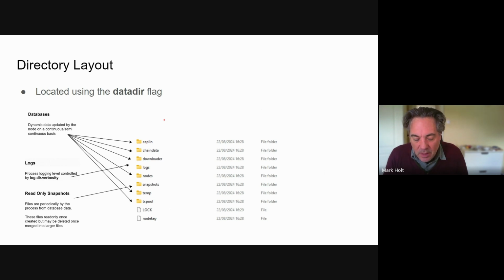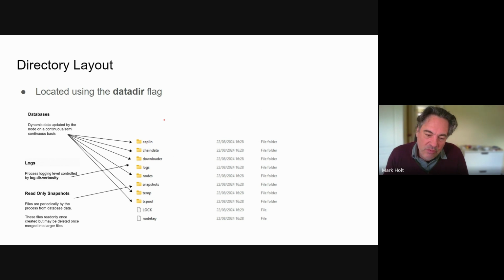And the way that the transaction and the chain data database operate is pretty important for Erigon's overall performance. I'll explain a little bit about the snapshot data in detail in the next slide, but essentially